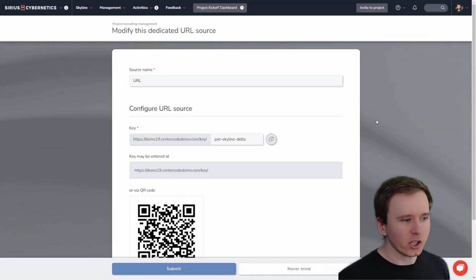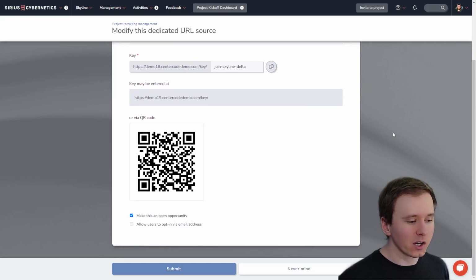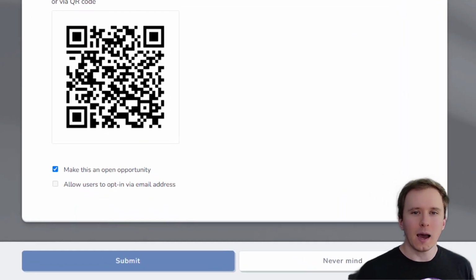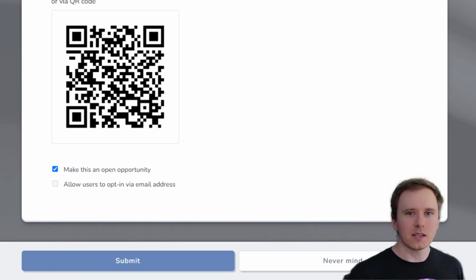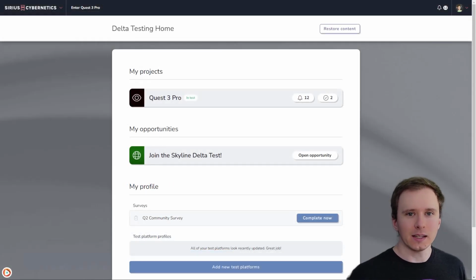You can see we have our URL there. We have the key to join, to start accessing this opportunity. We have our QR code. And then we also have the ability to make this an open opportunity. And what that means is when community members are at the homepage, they'll actually see a button that says join